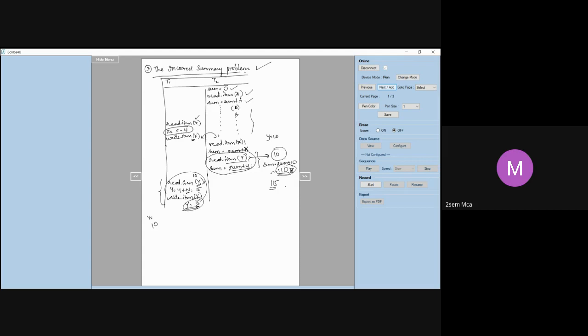When these two things are going on, that means you try to update, when you try to take a summary of a set of values before the updation is complete, your summary is going to be wrong, or your summation is going to be wrong. Is this clear? Yes, ma'am. Any questions at this point? Any doubts, anyone?